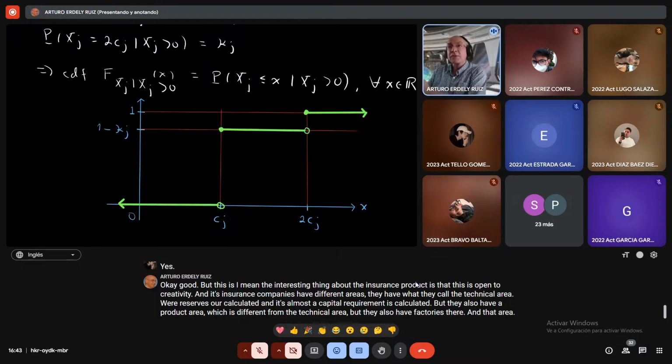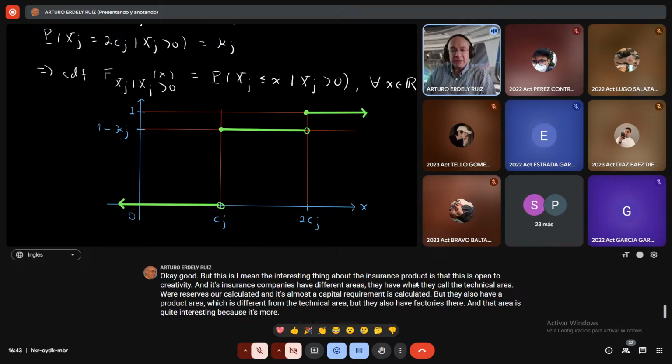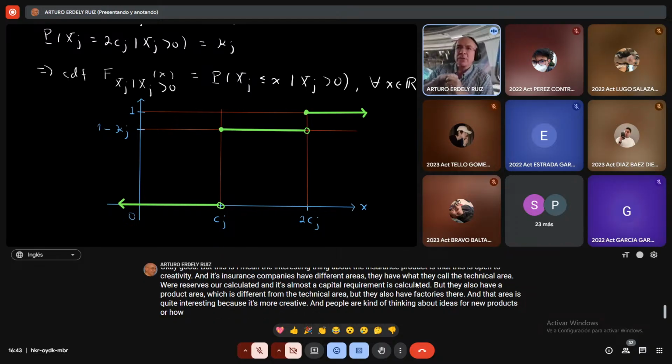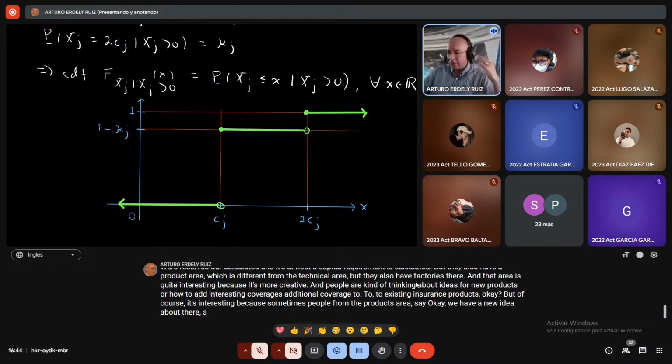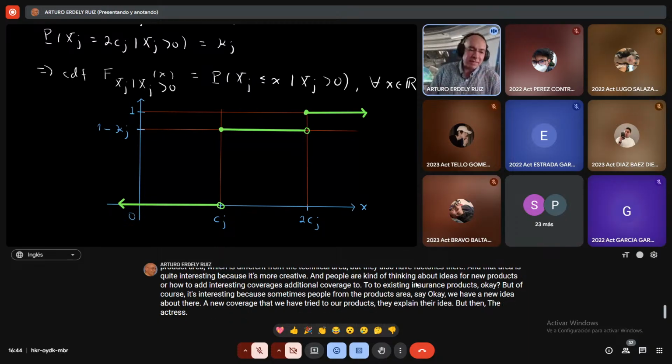And that area is quite interesting because it's more creative, and people are thinking about ideas for new products or how to add interesting additional coverages to existing insurance products, okay? Sometimes people from the products area have a new idea about a new coverage that we have to add to our products. They explain their idea, but then the actuaries in the technical area have to